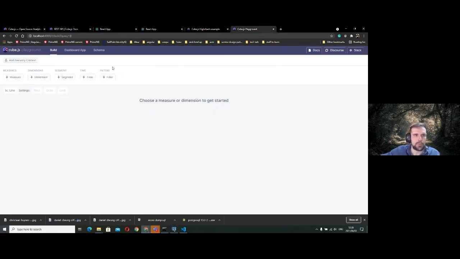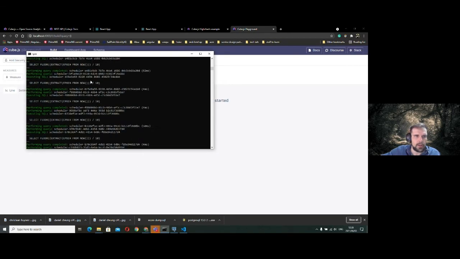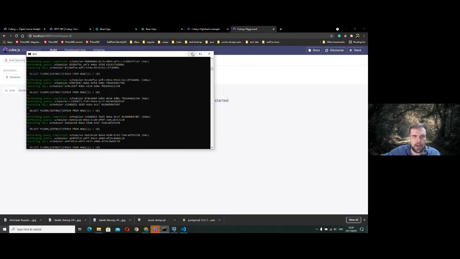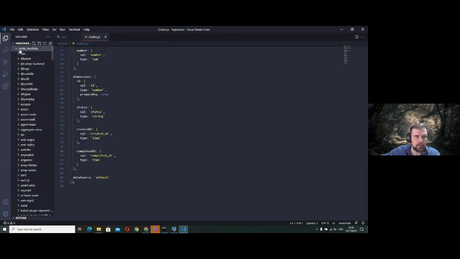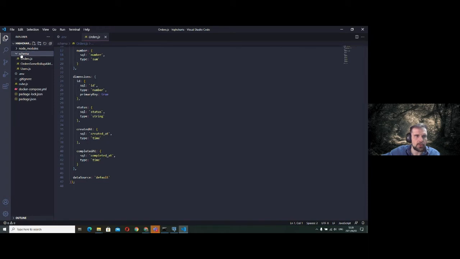If you run it locally, you would see then you started with npm run dev. You can download the CLI to generate this whole thing for you. And if you open it, this is what you would be presented with: your Docker Compose to deploy this to their cloud environment directly already. You would be greeted with your node modules, and then you would also be greeted with your schemas,